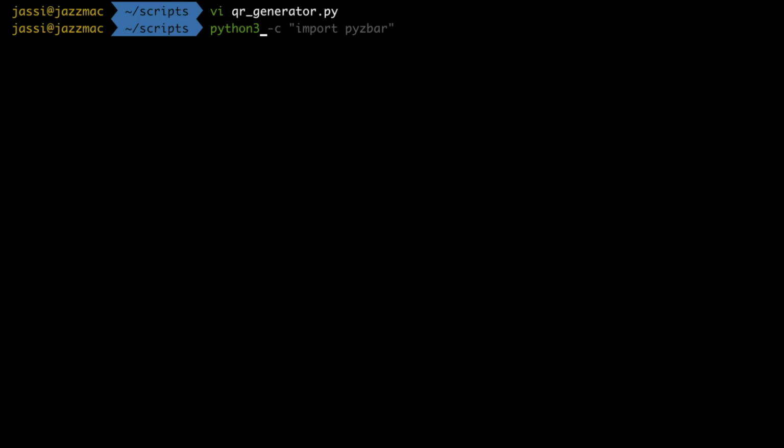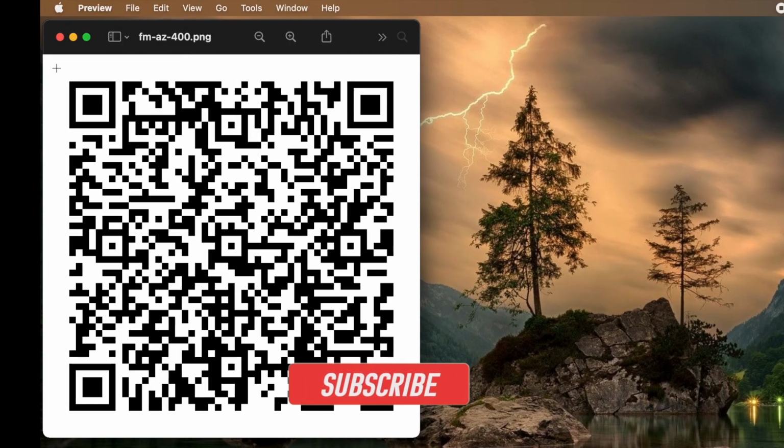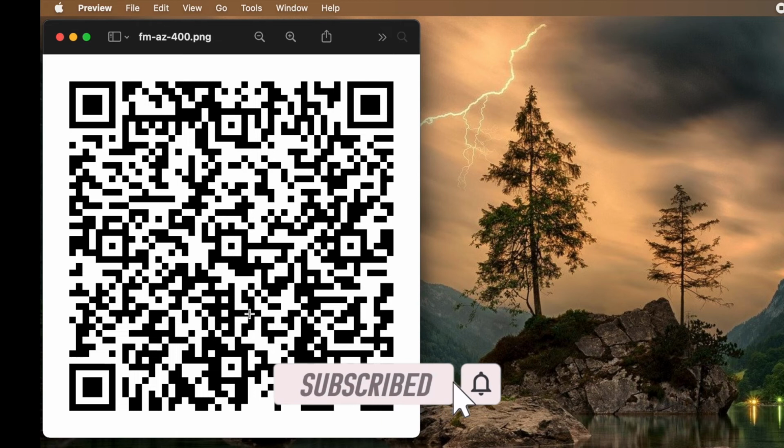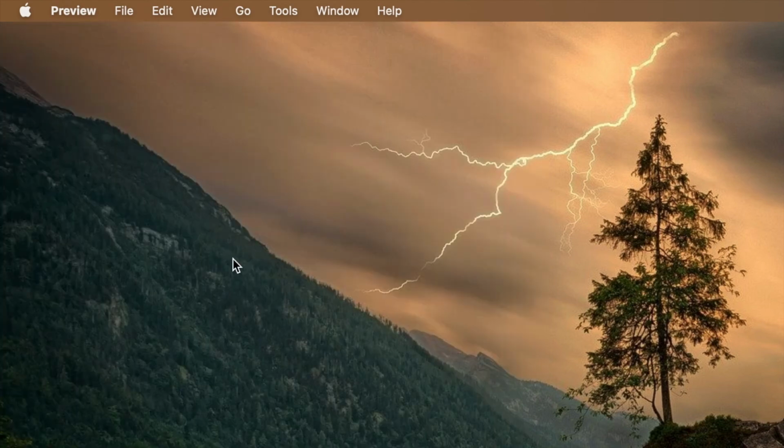Now I will execute this code, QR generator.py. It will actually save a PNG file for me, and let's say this is the PNG file which I will open. Now you see this is a QR code. If you have any QR reader in your mobile application, if you hover it here, it will show you open in Chrome or Safari, and it will open that Azure DevOps course link. So this was the example for